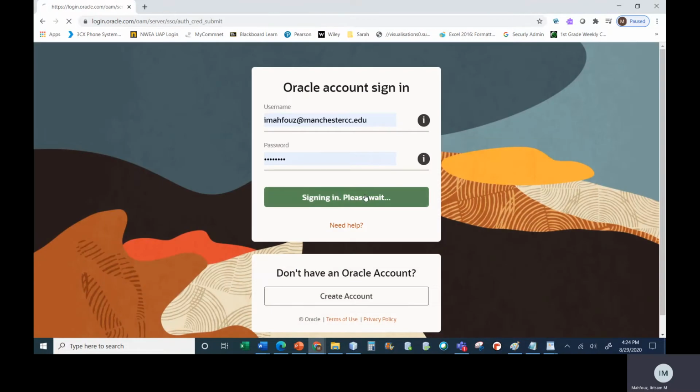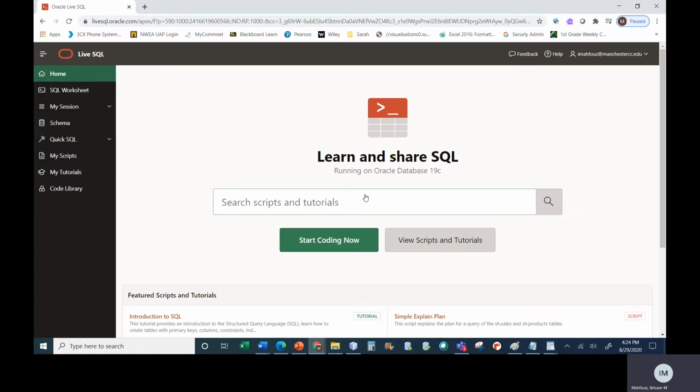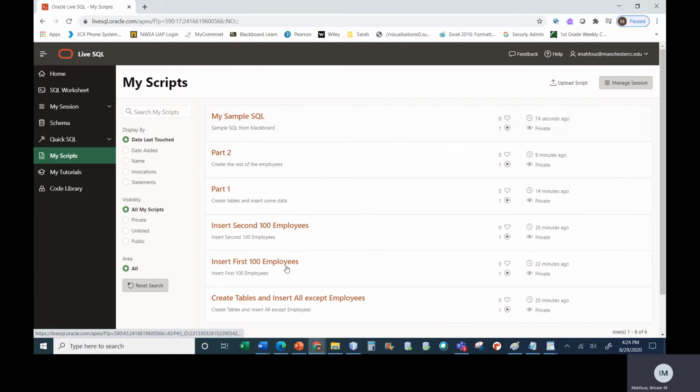So that step that I just showed you, where you're adding the sample SQL in 2 steps, you only have to do that 1 time. After that, if you go to My Scripts, you will find that your script is there. I have a lot of scripts that I was testing with, but you're going to only have 1 that you just created. So what you do at the beginning is you click on that My Sample SQL,